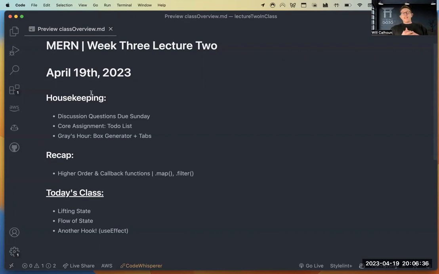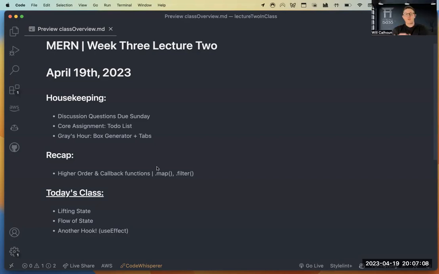Gray's creating a new super assignment, and it's going to be our box generator plus the tab assignment. So Gray's doing all of that as one. It'll be a total walkthrough, but again, that will be recorded, so if you need to, you can watch that. That's really exciting. Gray will be running that and walking through that as well. It's gonna be awesome.